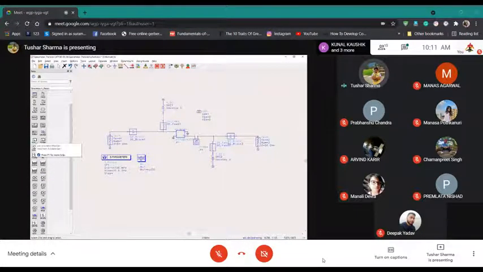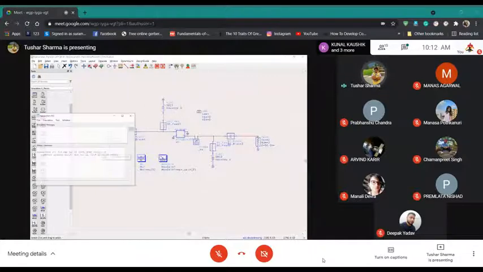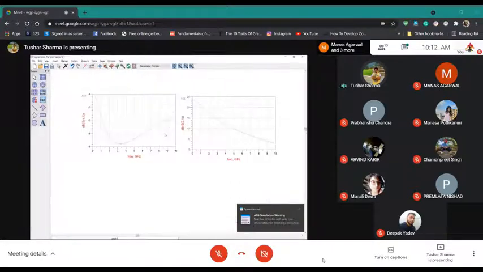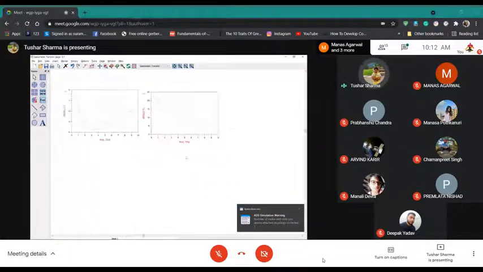Max gain is the maximum available gain, which will tell us how much gain is possible from this device. Okay. Now, once you have this, we will just run the simulation, and then we will plot mu and max gain.